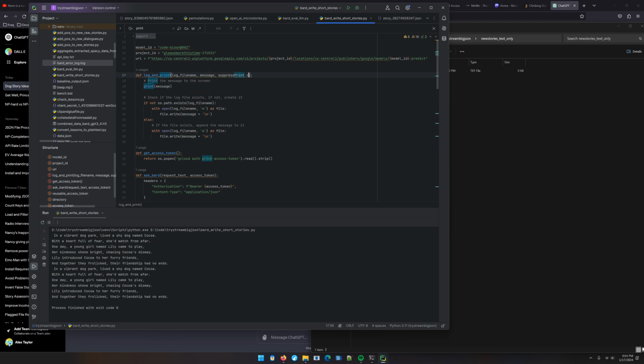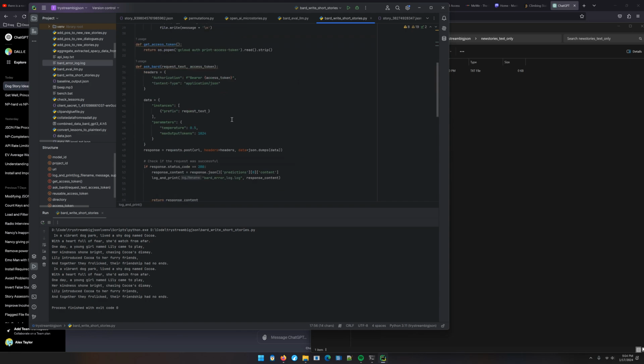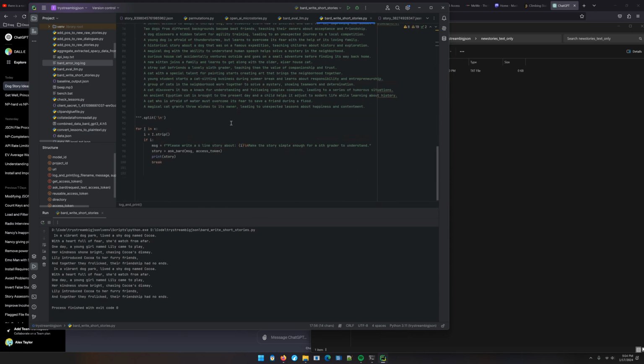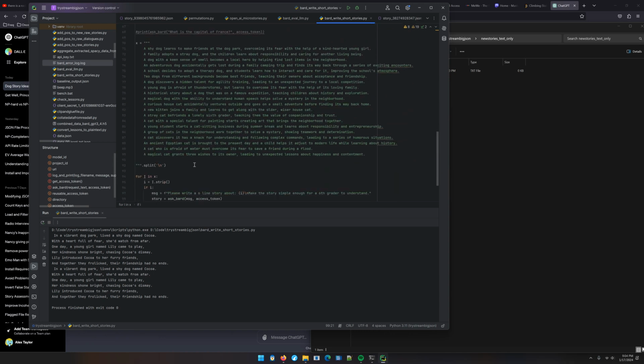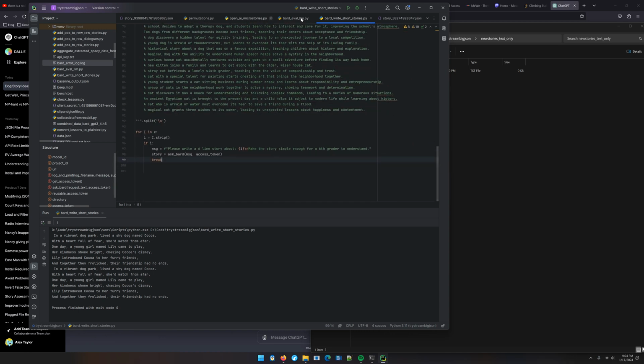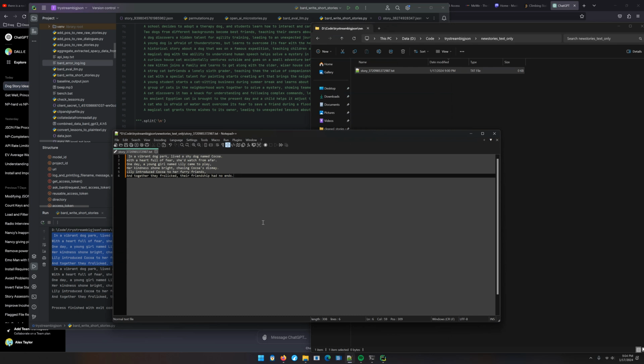Suppress print equals false. That is not snake case. If not suppress print, then print. We want to come down here and we just want to, you know what? We don't want to suppress the print. So in a vibrate, yeah, here we go. That's it, and that's all.